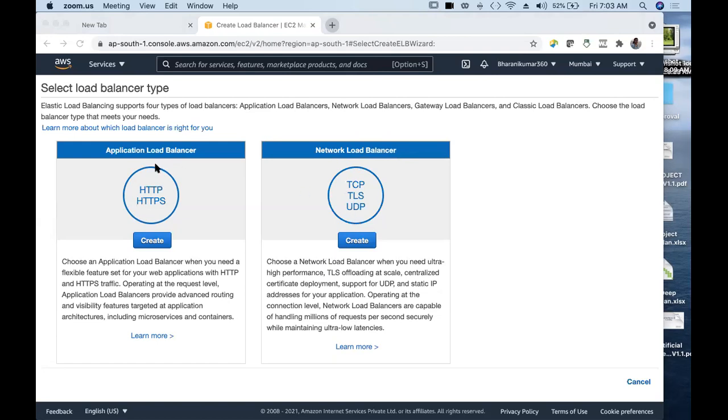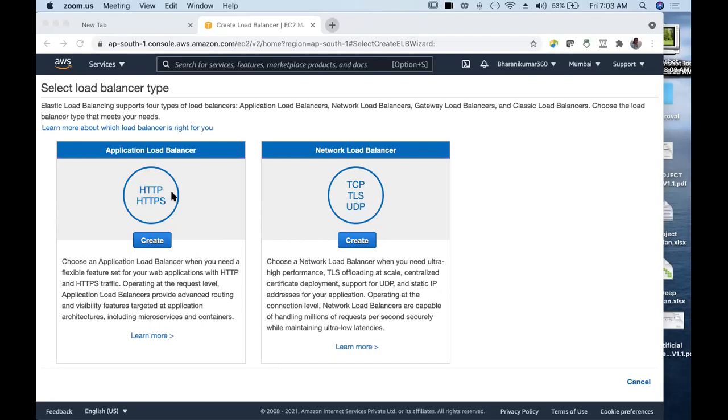So this application load balancer has a feature of content based routing. Since it's dealing with HTTP requests, it can look into the paths, headers, etc., which are part of the HTTP request, and makes routes according to that.